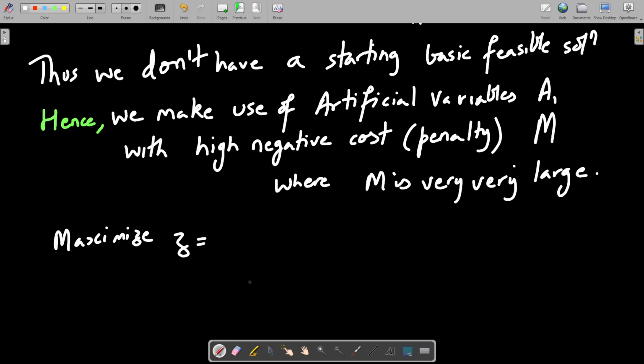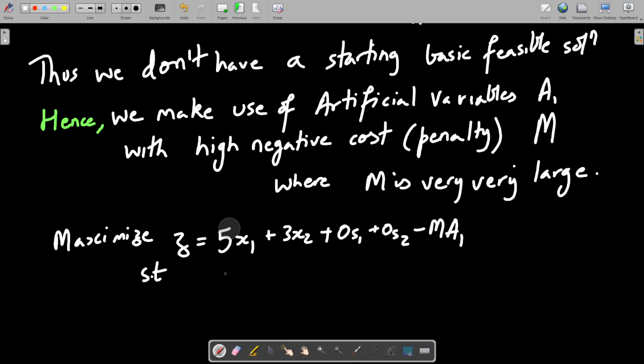Yeah, maximize Z is equal to 5x1 plus 3x2, plus 0s1 plus 0s2 minus M, the new variable which I am adding is a1,